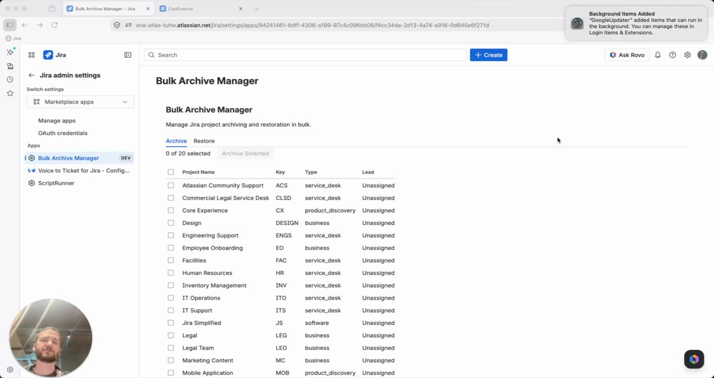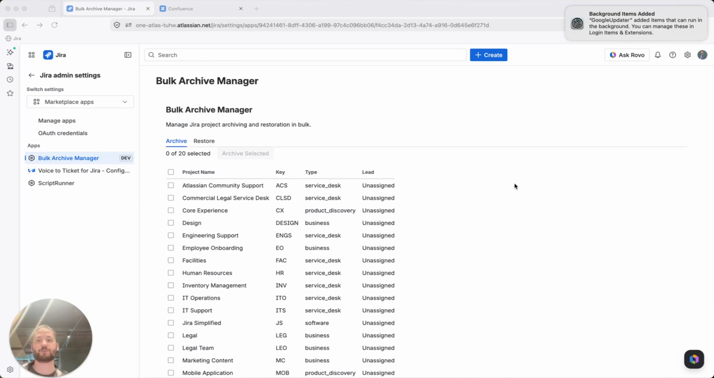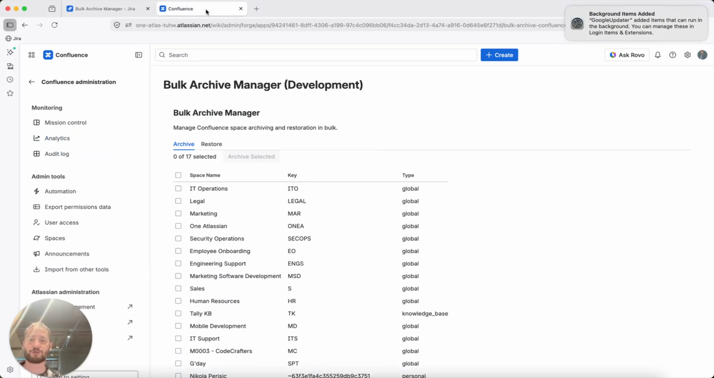And let's say you need to clean out some of the Confluence spaces that haven't been used for 3 years, and you have more than 200 spaces. Well, I was one of those people who actually had this kind of issue, especially within Confluence itself. So, with the help of Forge, I've created the bulk archive manager,